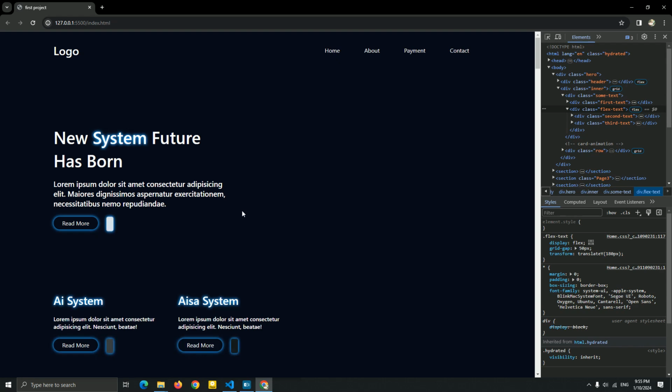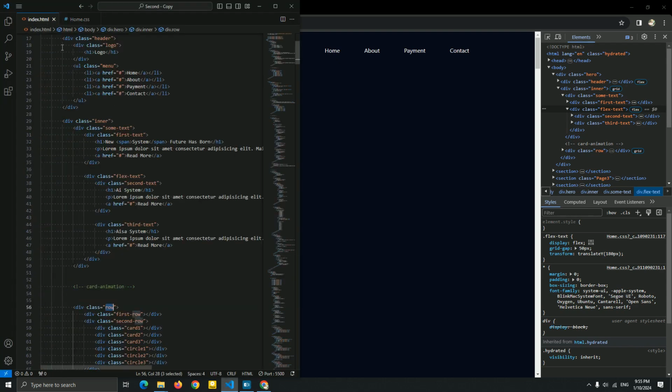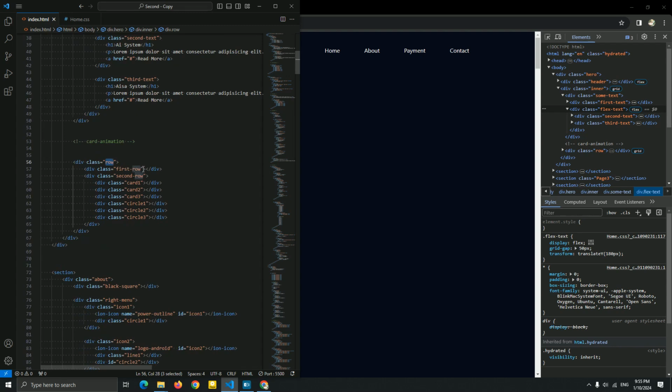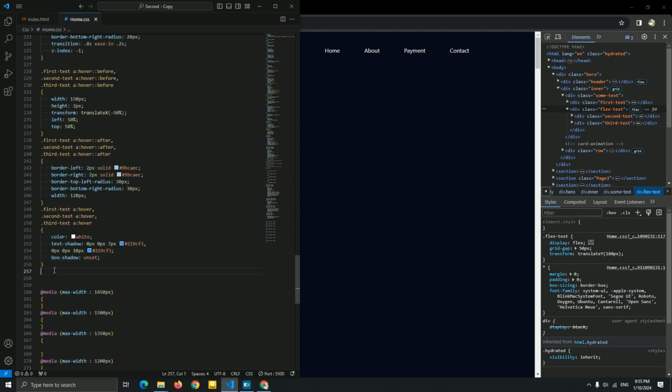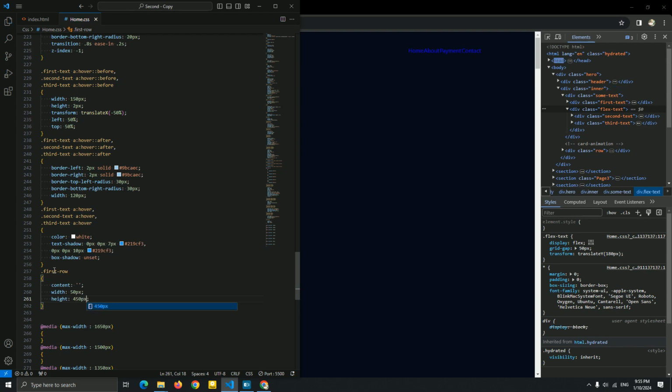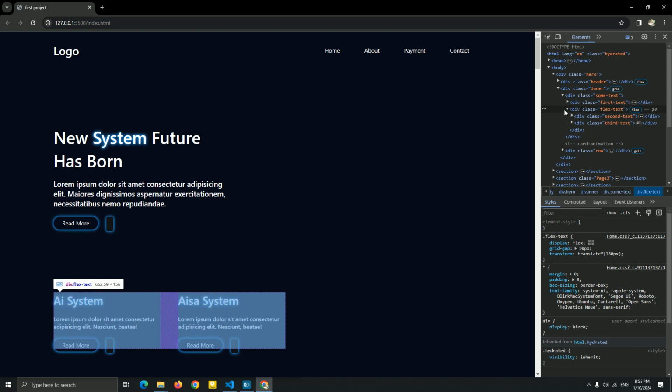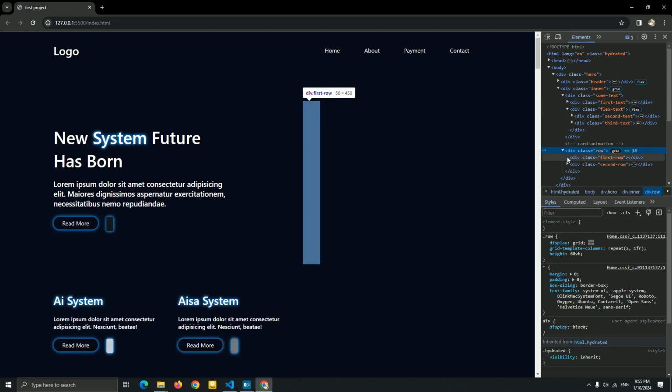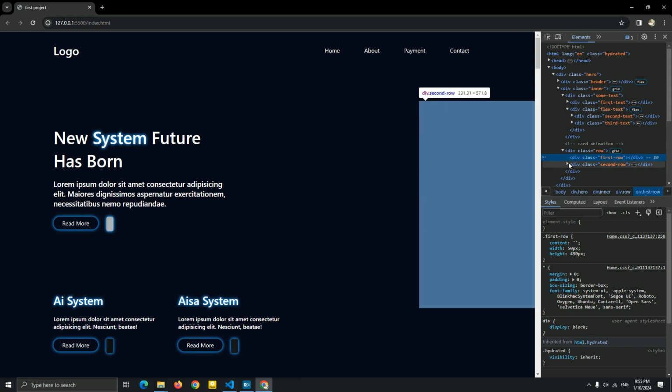Now let's go to create a card. But first, let me just style this. Let me just show you. I need for this a grid, so I just create a div, a simple div. So I'm adding here first row. I'm just gonna add a content and a little width and the height. Content empty. Just add a little width. I'm gonna add a 450 pixel height. Yeah, 450 pixel for this. Okay, let me just see it. Okay, yeah, we just created this, as you can see it, guys.